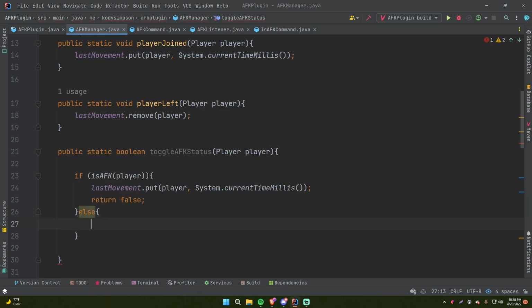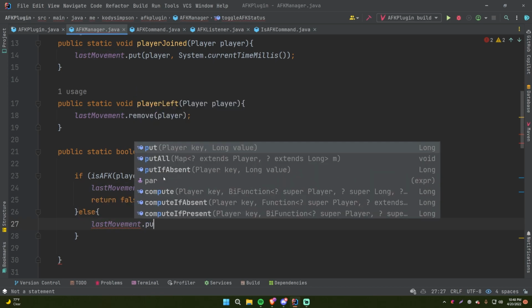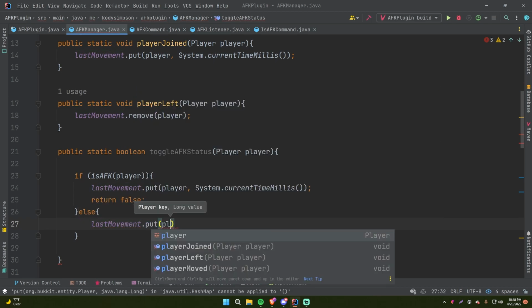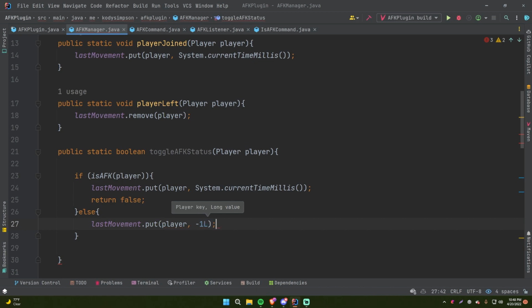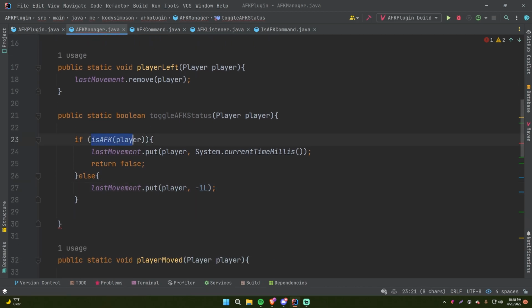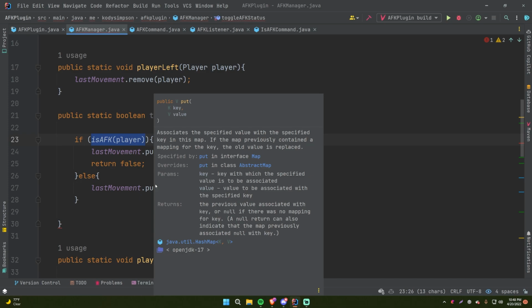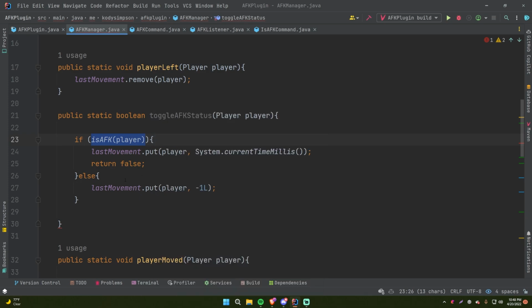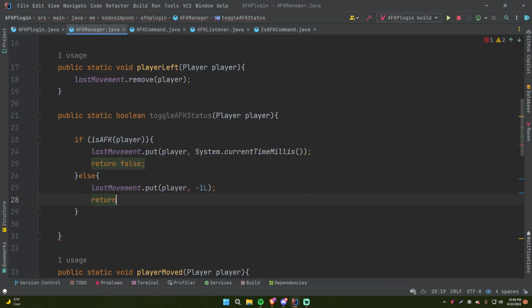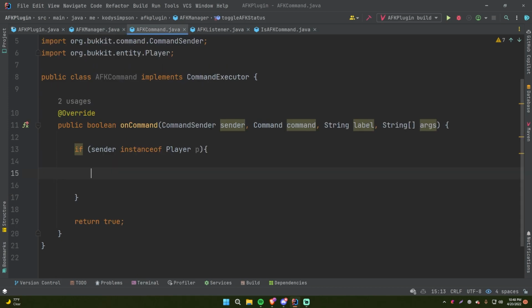And then else, we're going to do lastMovement.put player, and then -1L. So the else here will be if isAFK returns false, which means that they're currently not AFK. So that means that we want to make them AFK artificially. So we're going to set the value to -1, and then we'll return true. There we go. So now we can go back to AFK command and do if